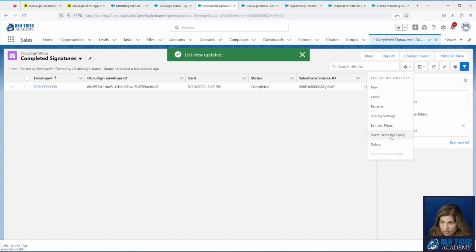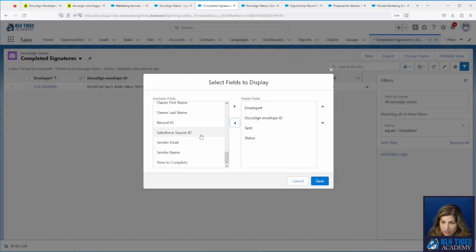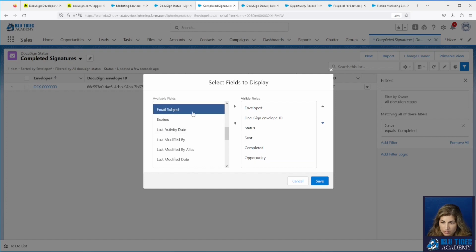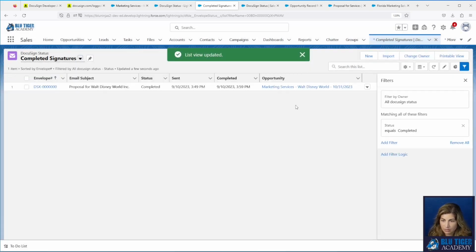We have one record coming in here, and we'll just update these fields showing here. And then we'll also do the email subject because that tells us what it was. And we don't need the envelope ID. Okay, let's save this. Okay, this looks good.